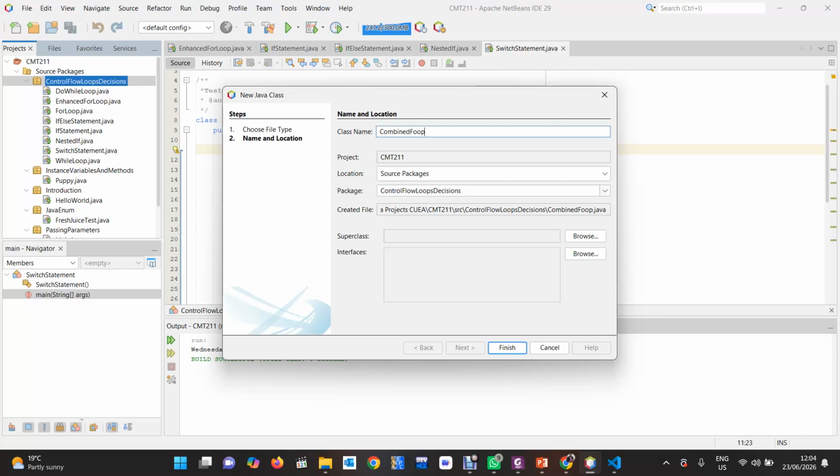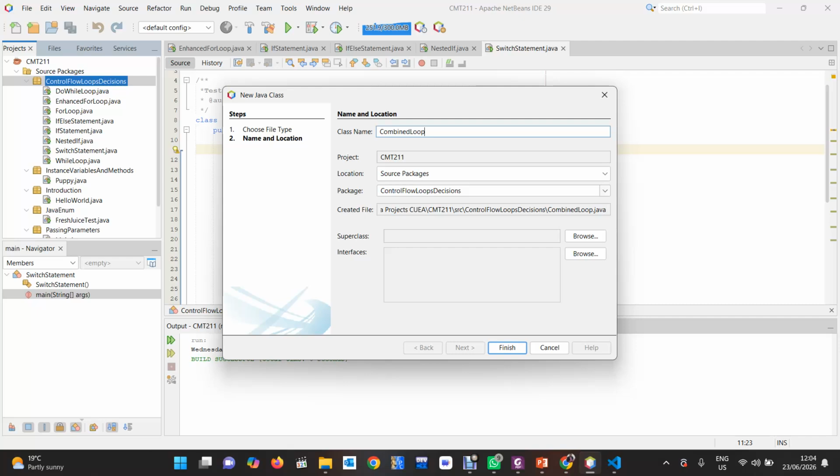So let's just say combined loop, just like that, so that we can be able to have